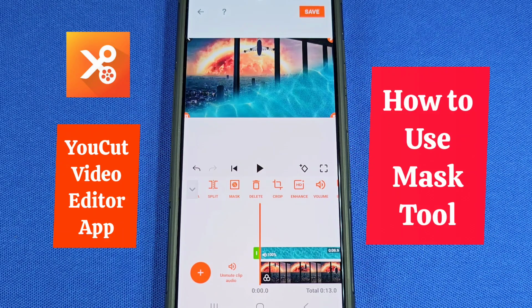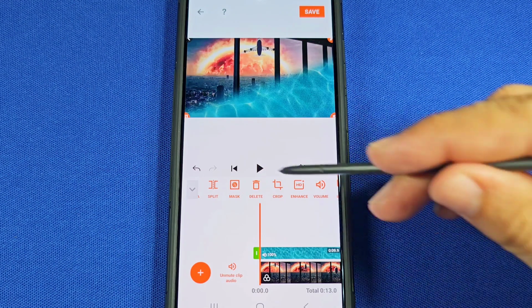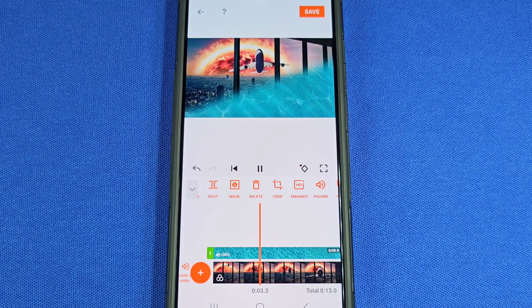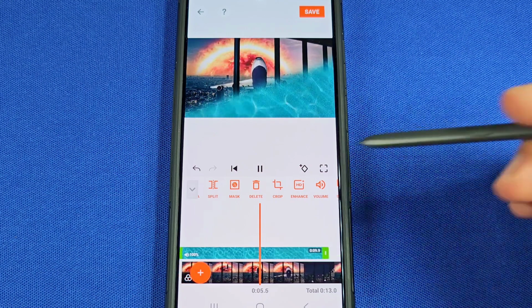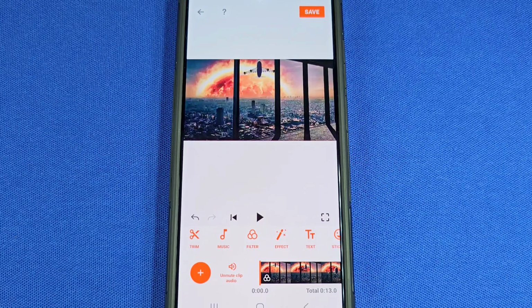Where to find the mask tool and how to use it using the YouCut Video Editor app with the latest 2025 update. So if you're looking to achieve something like this here with 2 videos fused together or 3 videos, the mask tool will do just that. So let's get started. To make use of the mask tool, you will need to understand that it is only